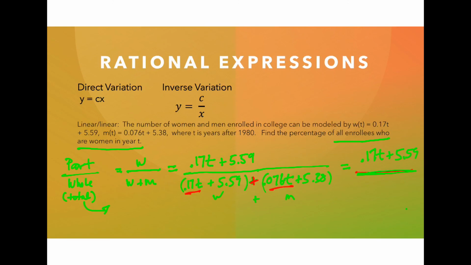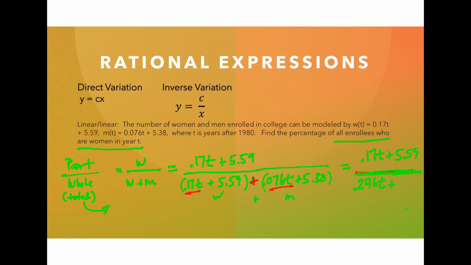parentheses there. Now, if there was a minus there, I would need to distribute that minus into each term, into the parentheses. But we can go ahead and add those two terms together. So if I add those two together, 0.17t plus 0.076t, I get